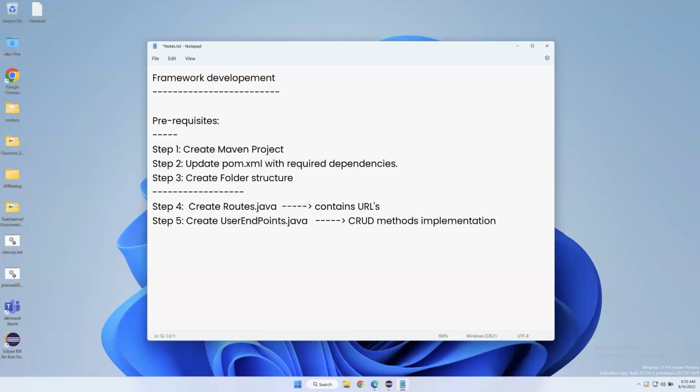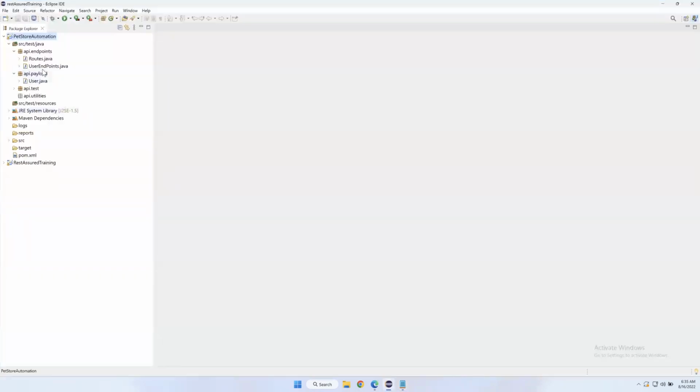And the next step, we have started the implementation of the test cases. Now we are in step 6. So in step 6, we have to create our test cases. So let's see how we can create the test cases. If I just go to Eclipse and open this,